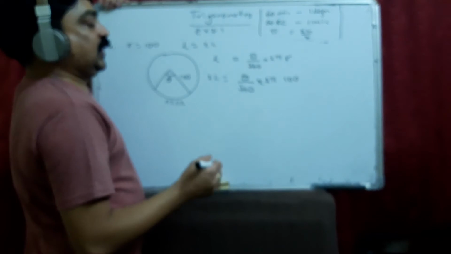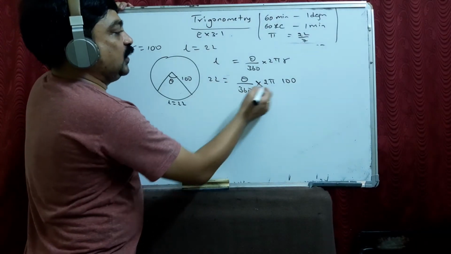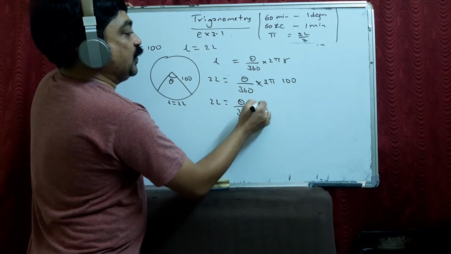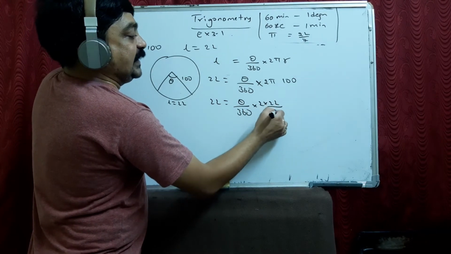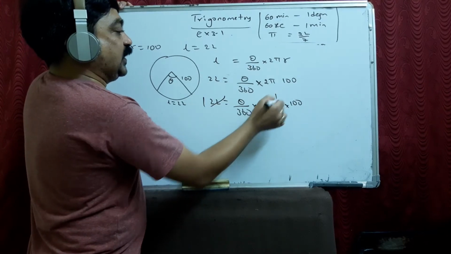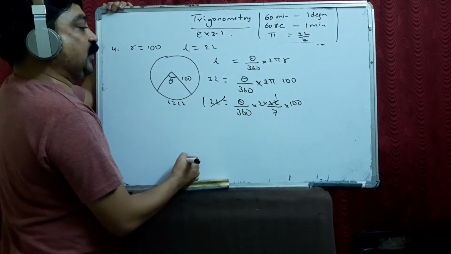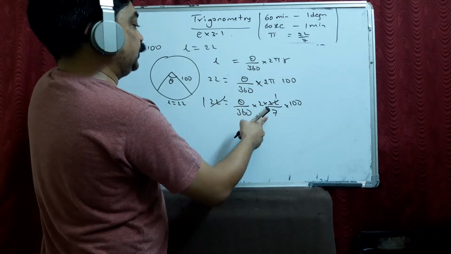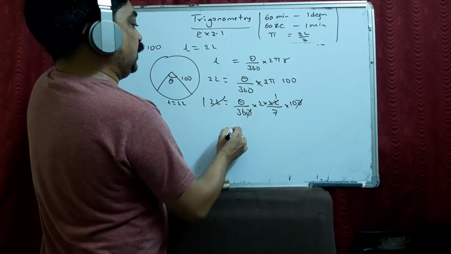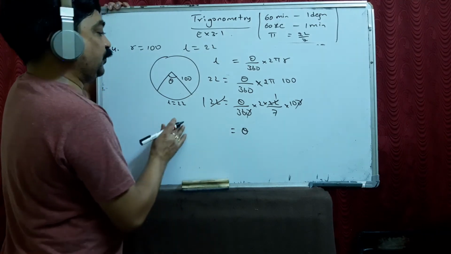Now you are asked to take the pi value as 22 by 7 because we need it in degrees. So 22 and 22 get cancelled, and this also gets cancelled. Now theta will be equal to